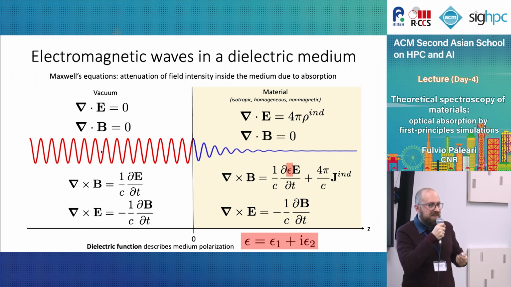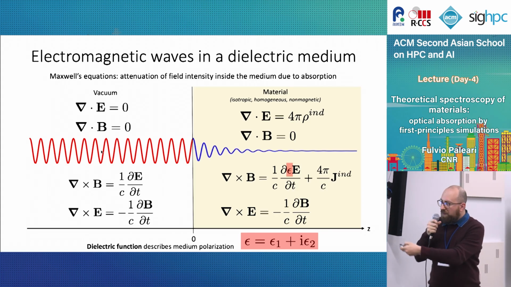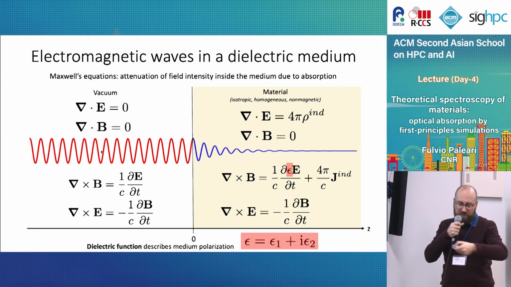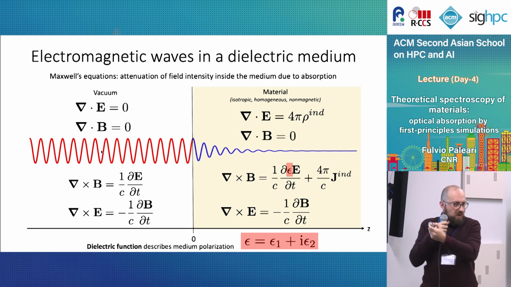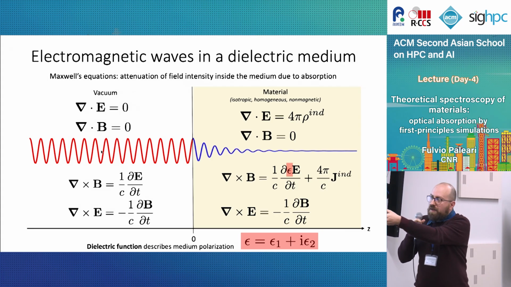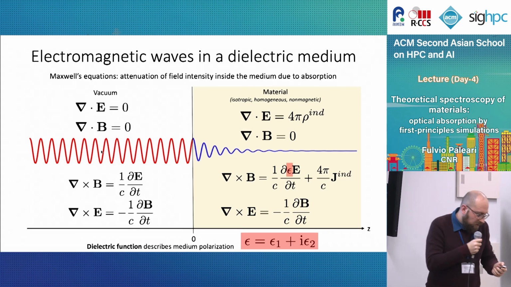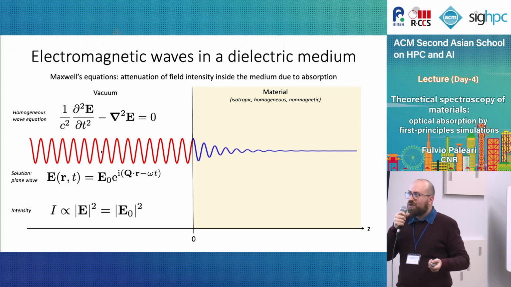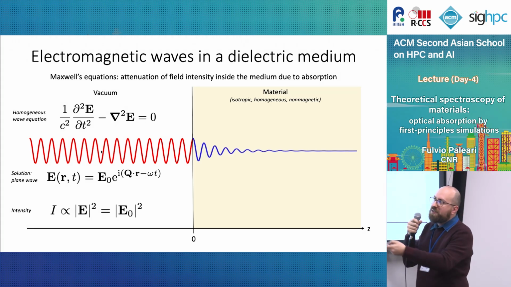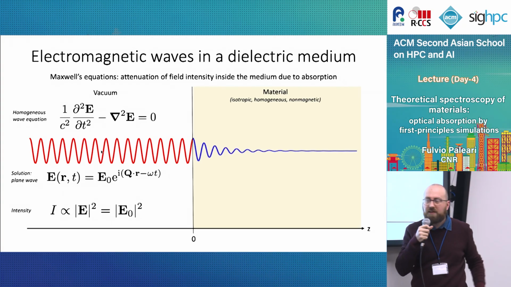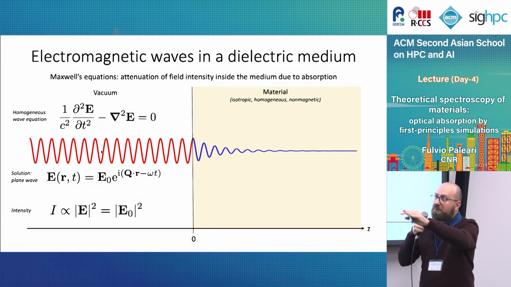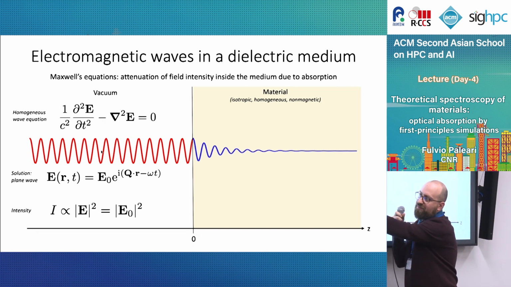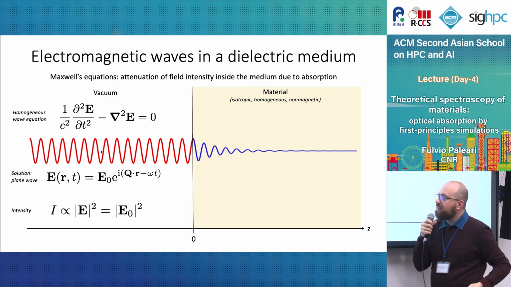This is the dielectric function. It is a complex function. It has a real and imaginary part. And we will flesh this out as we go. So we can solve this, okay? The vacuum part, the homogeneous part, just gives rise to the wave equation. And the solution, as I said before, is just a plane wave, right? That travels through the vacuum unopposed, let's say. And the intensity is just the initial intensity.